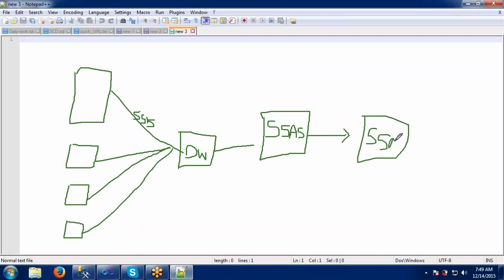So this is my SSRS. Let's say I have very big data. I have done the ETL and loaded the data into the data warehouse. If you see this, we are storing the data in tables, which is nothing but two-dimensional, meaning there will only be rows and columns. That's it. That is where we are storing all the data in the data warehouse.